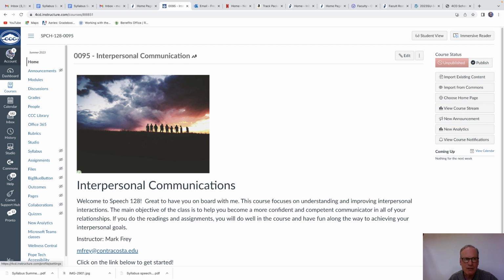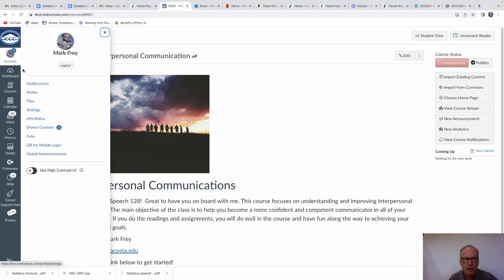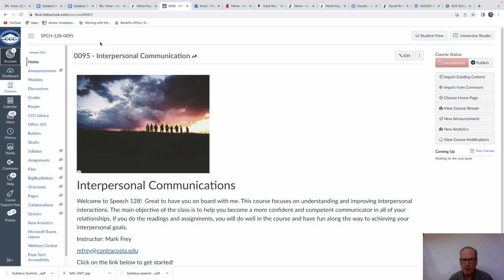Also, one last thing is if you go into your account, you can also turn on what are called notifications. That can be useful. For example, if I post something new, you can find out about it right away, get an alert on your phone if you like. I wouldn't have everything set up that way. Otherwise, you're going to be getting notifications all the time, but just for some of the basic things.